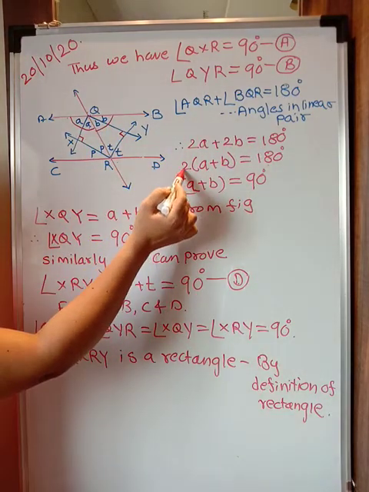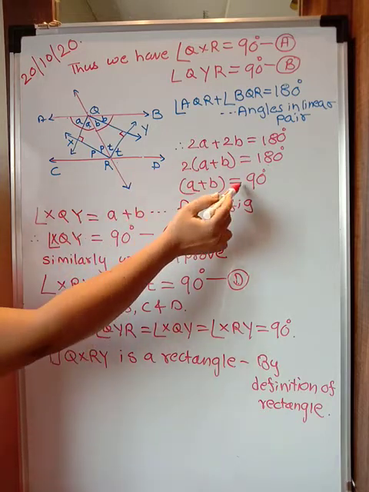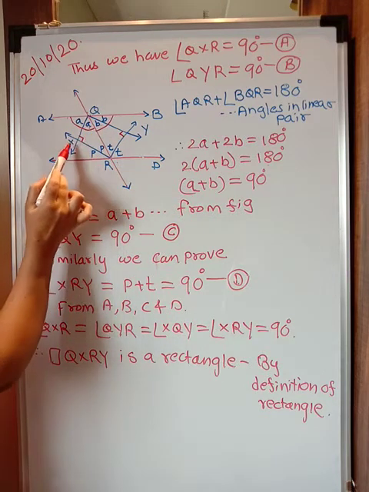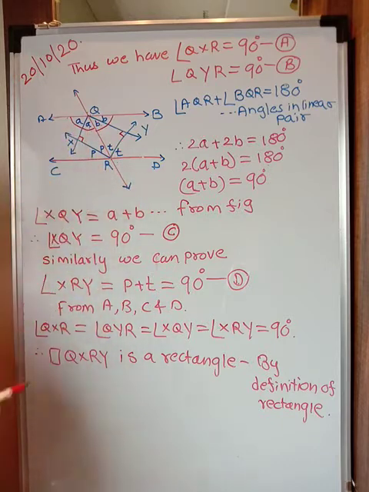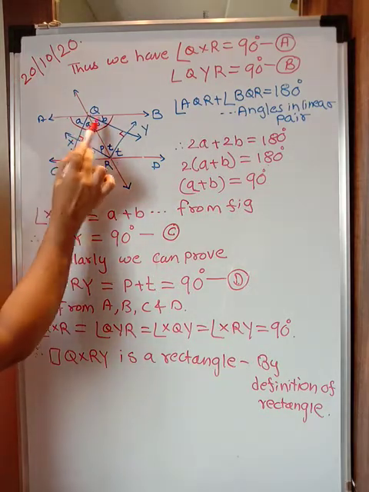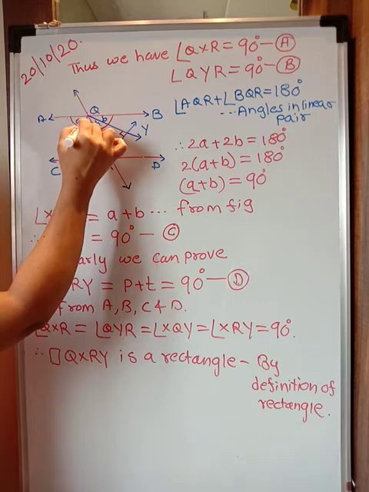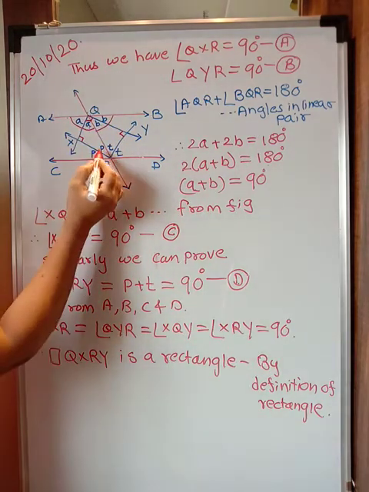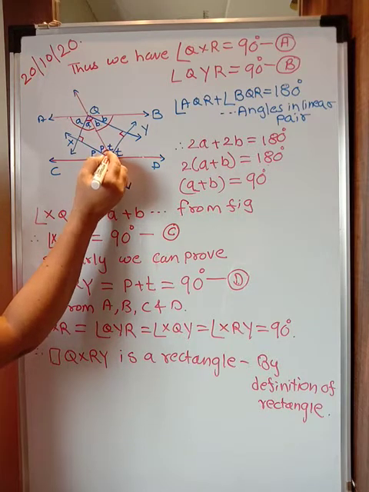Similarly, we can take 2 common. We have A plus B is equal to 180 divided by 2, like we did earlier. So A plus B will be equal to 90. But concentrate, what is A plus B? A plus B is angle XQY. Can you see? By the angle addition postulate, XQY is made from angle A plus angle B. So we got A plus B is equal to 90. That means this angle also we got as 90 degrees. Alright. Similarly, we can prove that P plus T will also come equal to 90 degrees.